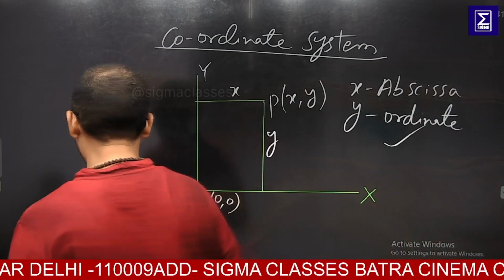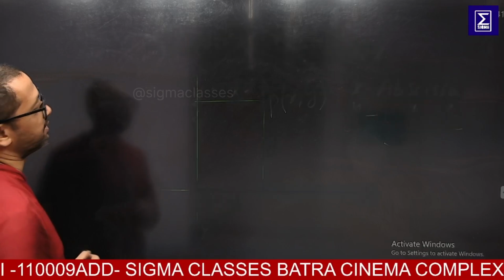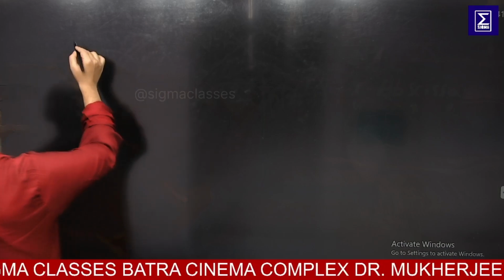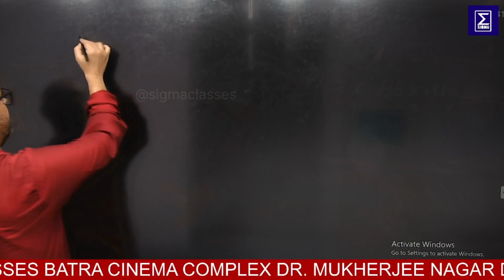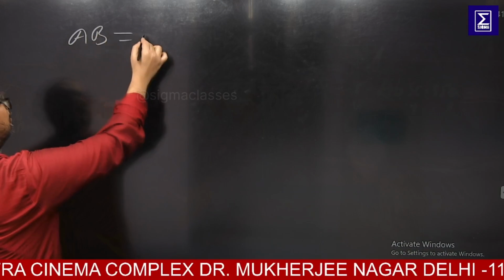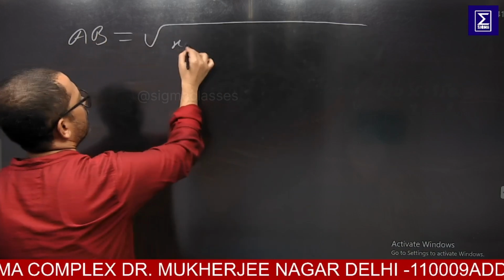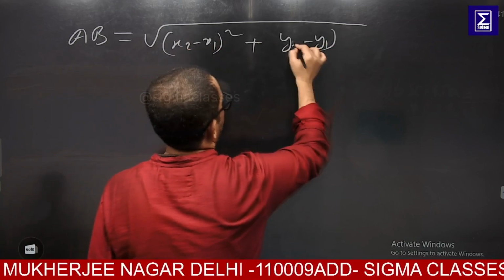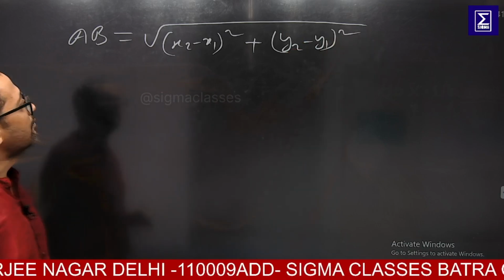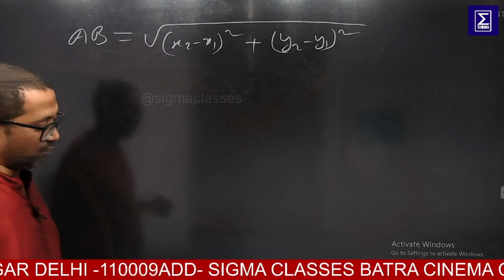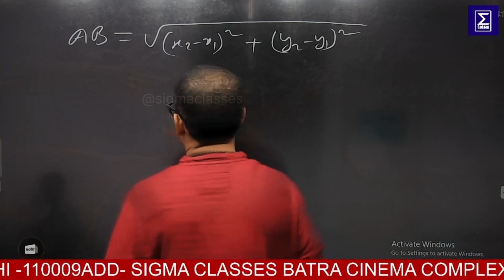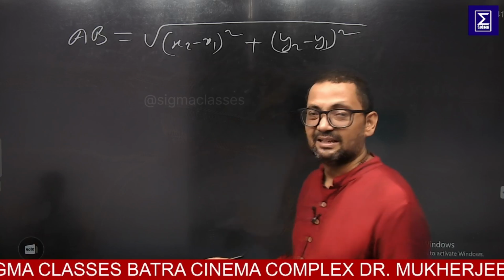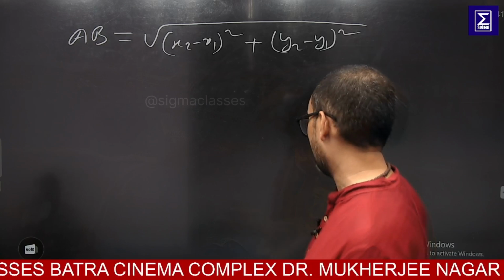Now I shall be deriving the basics of the distance formula. So what is the distance formula? If A and B are the two points, the distance would be the square root of x2 minus x1 whole square plus y2 minus y1 whole square, where x1, y1 and x2, y2 are the coordinates of the two different points. I will explain it in a diagram. I will prove it. So see here,